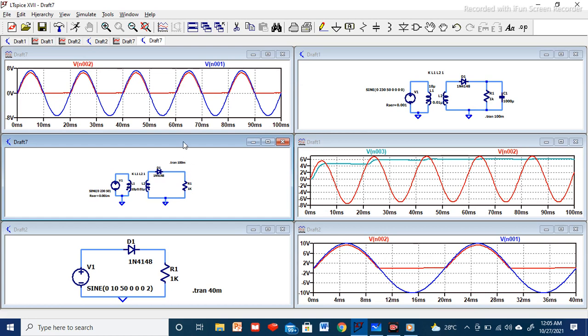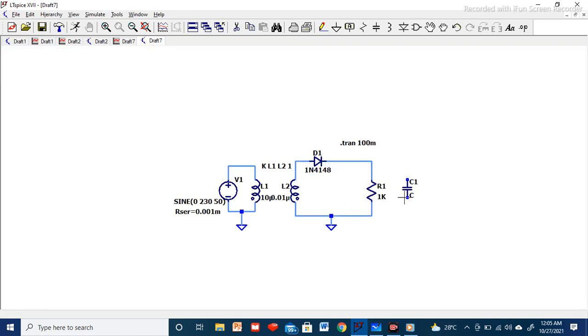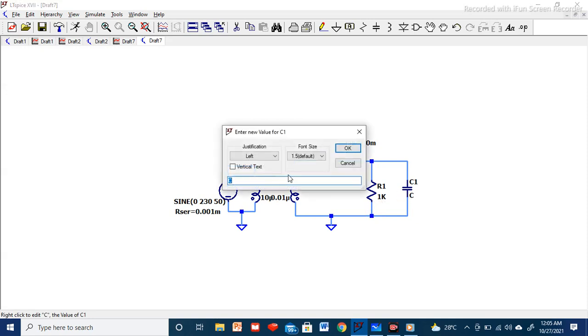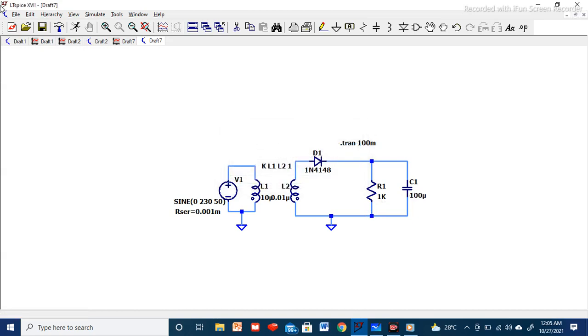Now we can connect here a capacitor. I'll select a capacitor. I'll place it here. Then escape button. Okay, I have taken a capacitor to show you the reduction in the ripple, and we can get the constant DC supply across this load. We'll connect this capacitor, and we define some value. You can see that I define it like 100 microfarad, and we can simulate it.